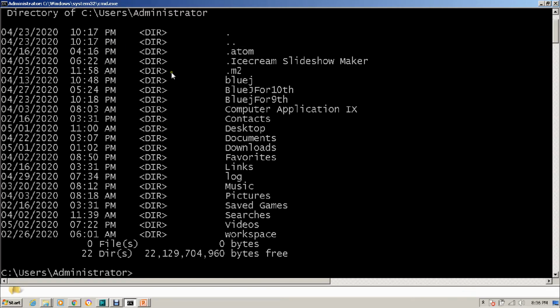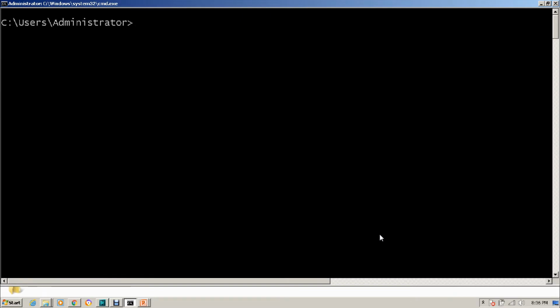When I am here in this command prompt, it is showing me the same folders. The only thing is it is written dir rather than folder, it is written directory, and I told you folders are known as directory in command prompt. It is also showing me the date and time of creation or modification, and at the end it is showing me 0 files. That means this directory is not having any file, but it is having 22 directories inside it, and this is the free space available, of course in bytes. So with the help of dir command, I can easily check what are the various subdirectories and files that are available in the current directory.